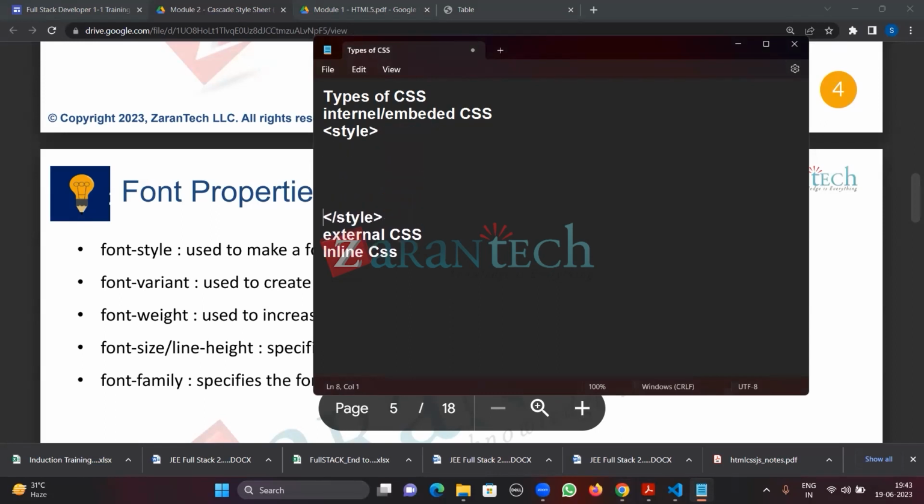Within the style tag, you have to write all the CSS. So how to write CSS? You have to write an element. And what is an element? It's a tag. So any tag is an element, right? And yeah, element, so we have to write here